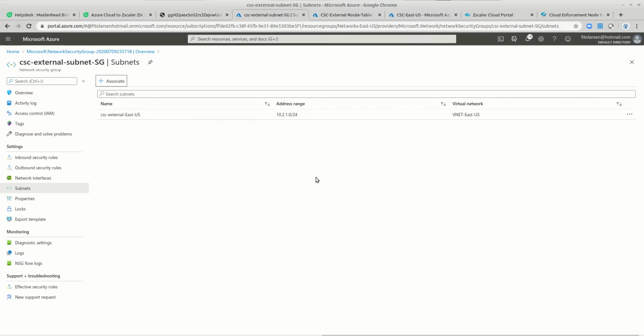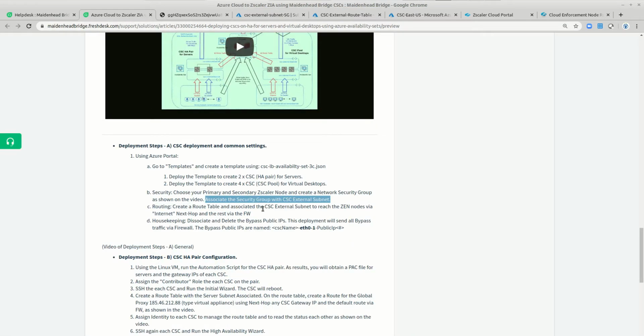Some Windows is catching my browser. Mine is associated. Now my next step is to create a routing table